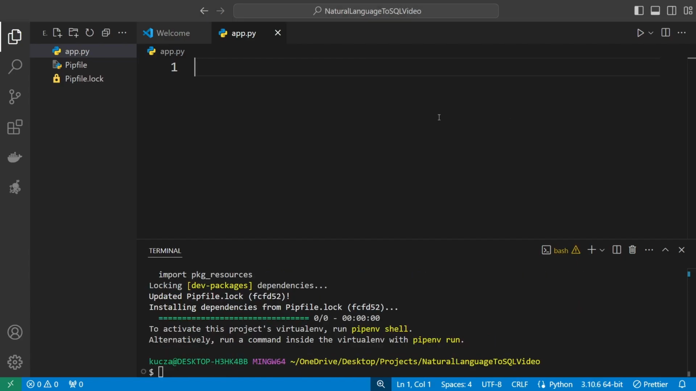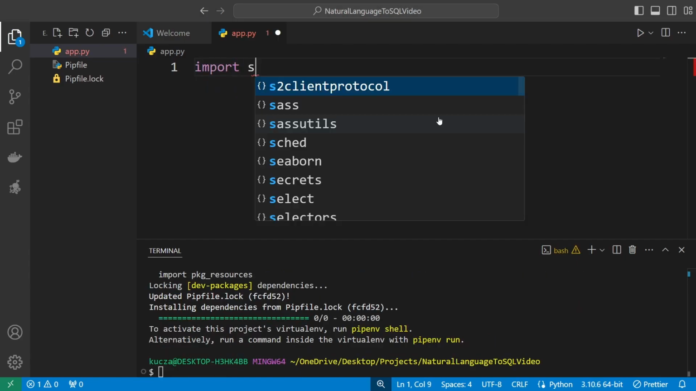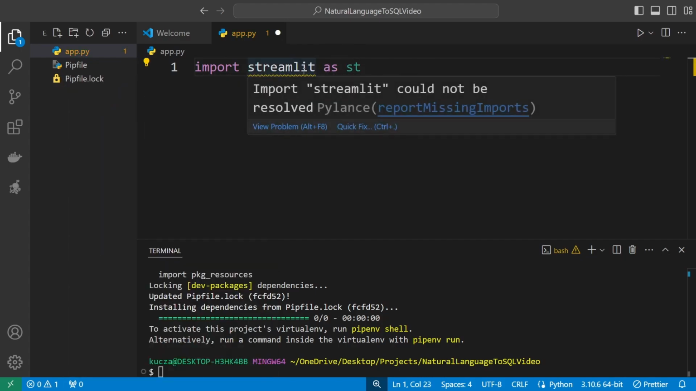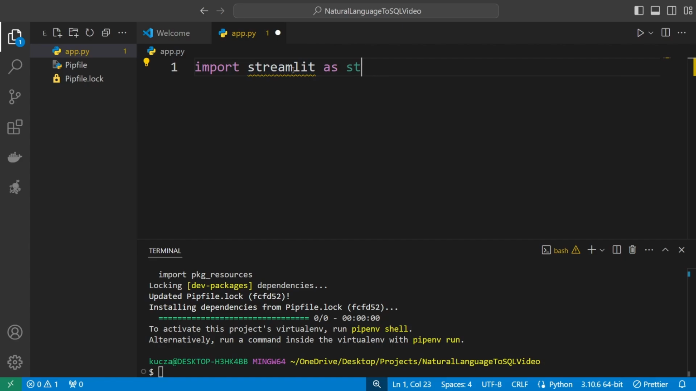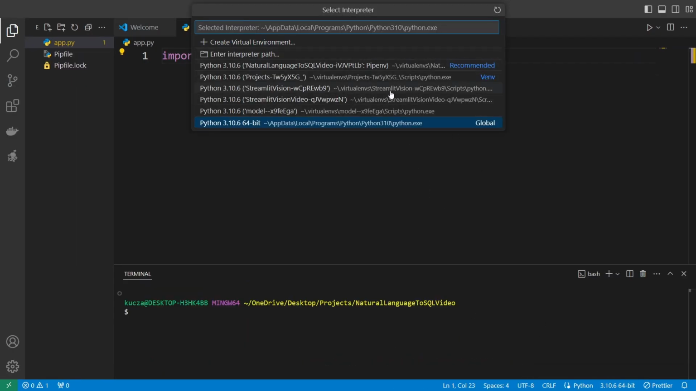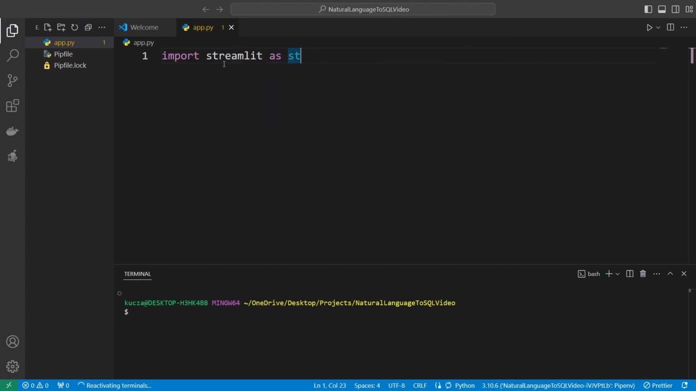Now that Streamlit has been installed, we can just import it. So we just say import streamlit as st. And what you can see right now is our Python interpreter does not recognize that we have Streamlit installed. What you need to do is save the file and then restart Visual Studio Code and select the interpreter right here. So I restarted my Visual Studio Code, and if I go here, you can see I can select the natural language to SQL video pipenv virtual environment,